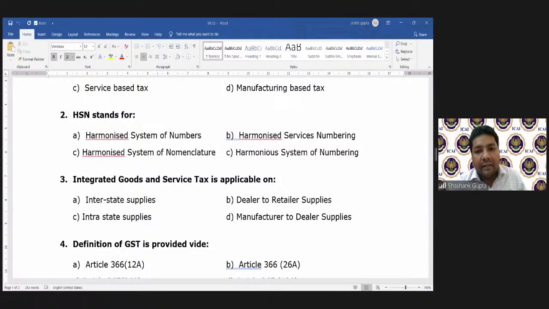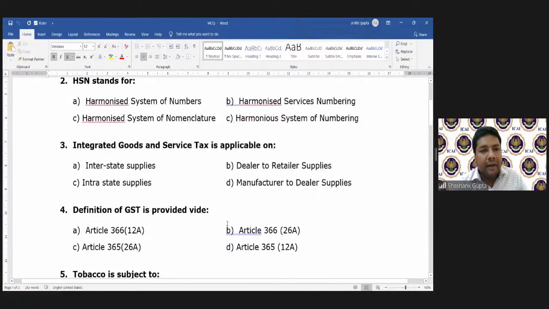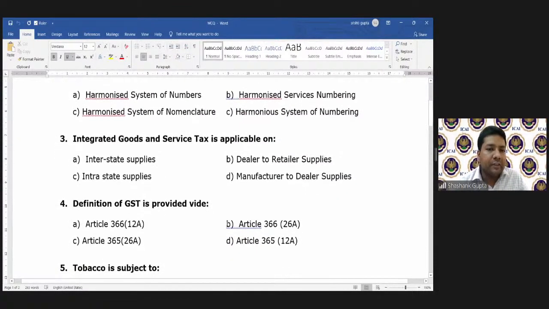For 10 different answers I need at least. Okay, so for the second question, one person has given a wrong answer. The rest, most of you have given the right answer. Sarthak, harmonious system of numbers. It is not harmonious system of numbers. The correct option is option C,